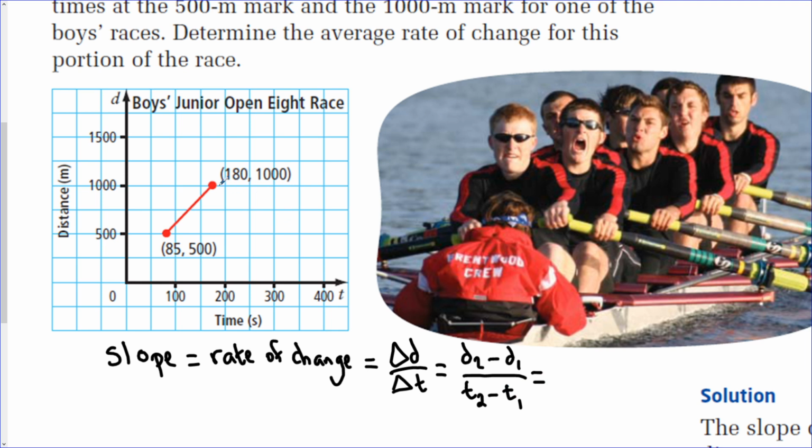So my second distance is 1,000 meters. My first known distance is 500 meters, so 1,000 minus 500. My second time is 180 seconds, so I write 180 minus my first time of 85 seconds,